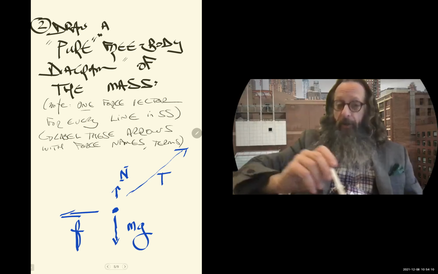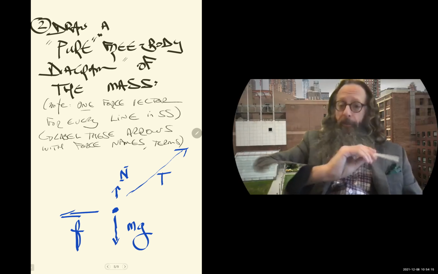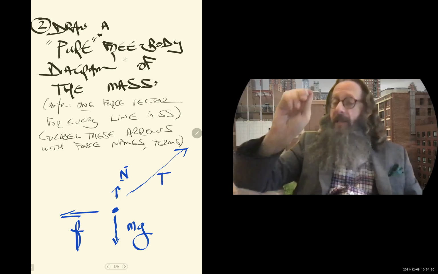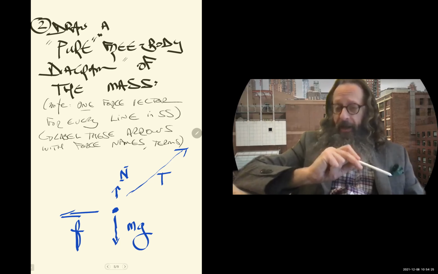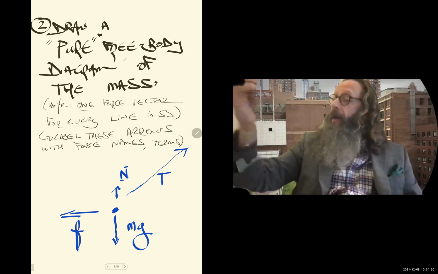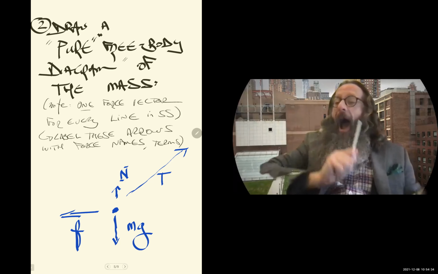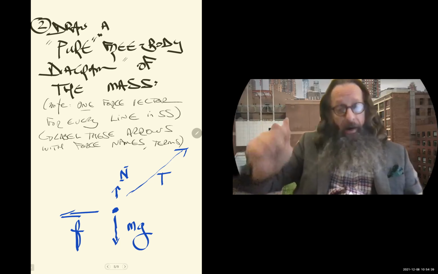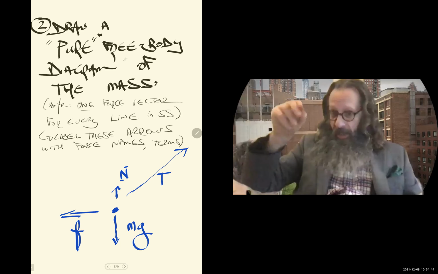And let me say this now too. Up until this point, this is what we do with any problem at all, including an inclined plane. You do the system schema, then you do the pure free body diagram. Then what always has to happen is that the forces in the pure free body diagram have to get resolved into vector components. That's always the next step. And now here's where, and again, this is very related to the final exam, how we break the forces into components involves a choice. There is invariably more than one way to resolve forces into components.